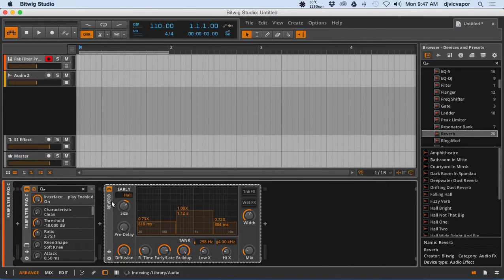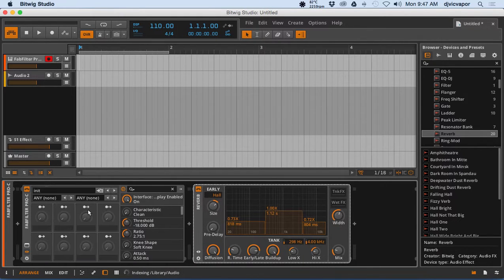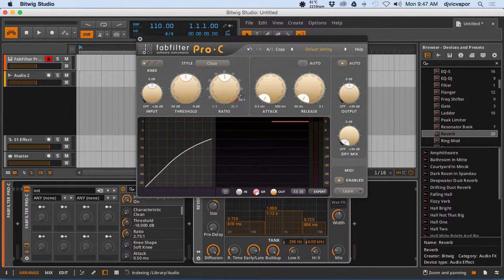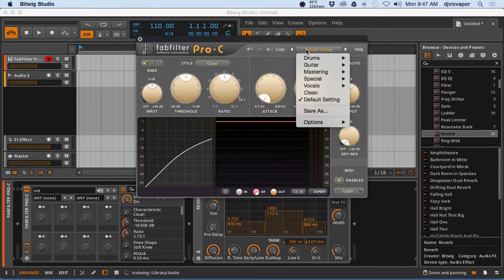But what about third party? It actually works the same way, but remember earlier I was discussing with you that in the third party plugins you can actually save them directly in the plugin itself. So for instance, if I open up the plugin, we've got the interface here, and you've got your various presets within the plugin. I can click Save As here if I've made some adjustments and go ahead and save it to the